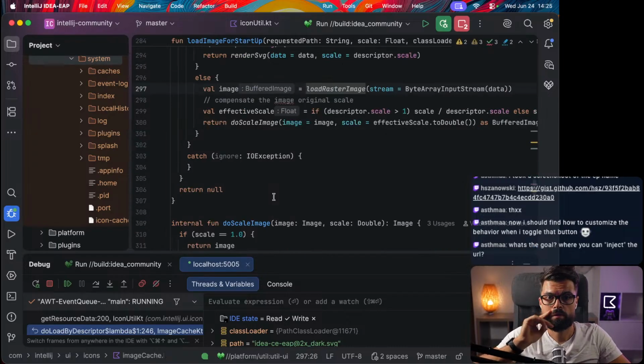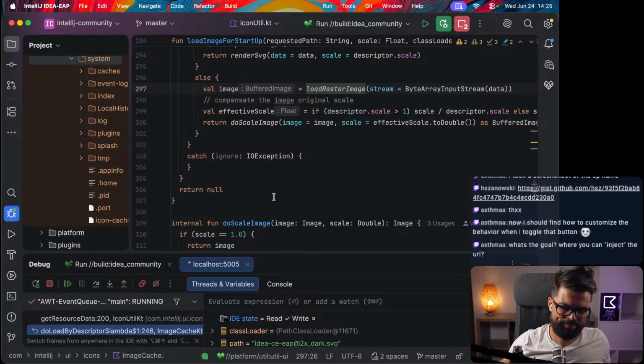Where you can inject the URL. Well, I can't inject it yet, but I want to extend the IntelliJ IDEA with a possibility for reading the system properties, for example. So you can basically start your IDE with a system property, which will point to a new splash screen in your file system,